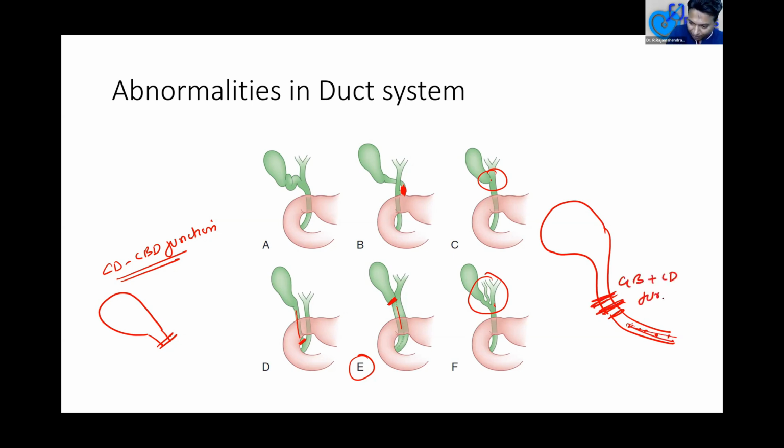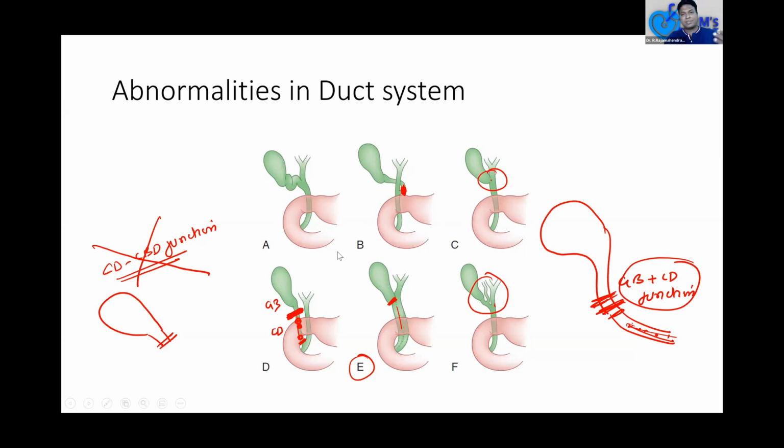You should never be over smart to dissect the cystic duct and go up to the cystic duct CBD junction. It is a wrong place to go and put a clip. Never ever do this. Always put a clip at the cystic duct gallbladder junction only. That's enough. Ensure there is no stone in the cystic duct. You just try to milk and see if there is any stone. If there is no stone, you can directly put a clip at this place and that will be enough. So cystic duct anomalies are very important.